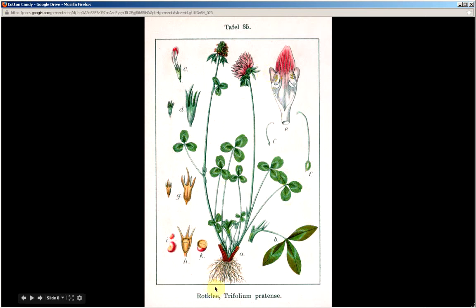Ignore this root system. The root system is fibrous, but this particular painting leaves out the taproot. And lastly, for this slide, it illustrates for us a good picture of an individual floret,